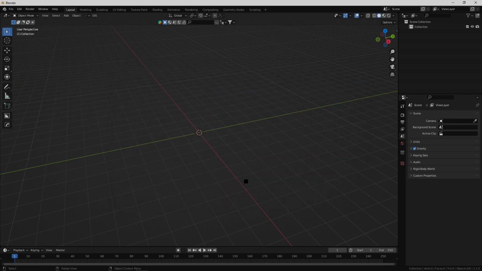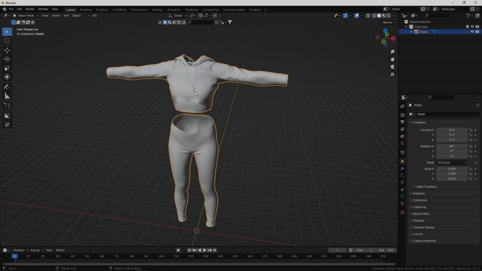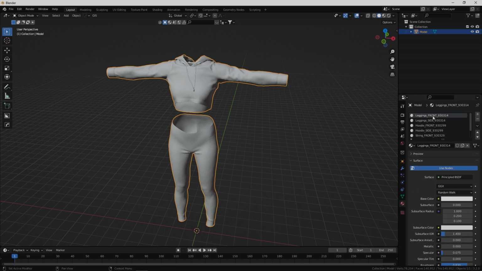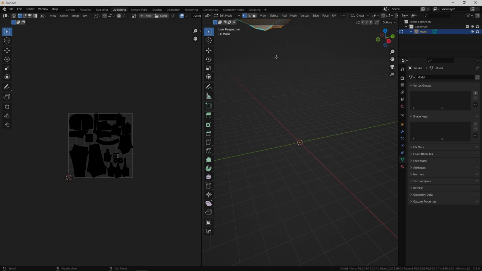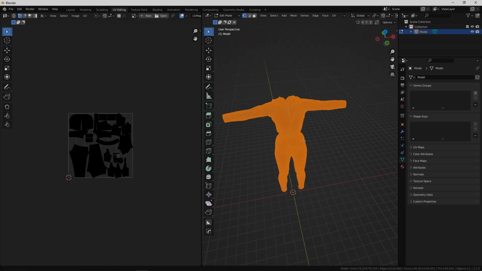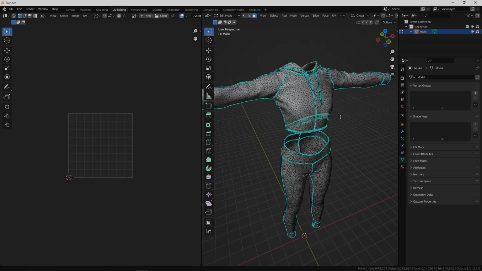Once enabled, you can just close it, and then we need to import that OBJ that we used in Mixer. Import OBJ. When your import is complete, the first thing you'll need to do is select your model and then remove all existing materials. So just head over to Material Properties and then click on the minus until everything's gone. Once that's done, head over to UV Editing and then select the face mode. Make it a little bit easier.